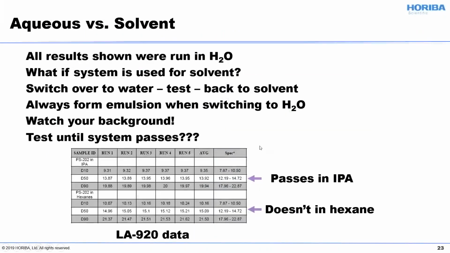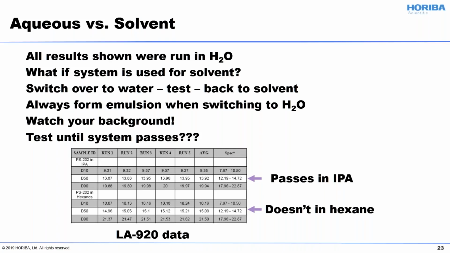Okay, no one's asking about aqueous versus solvent yet. Everything I talked about so far has been running stuff in water. And then what if you're running solvent? The common procedure is to switch over to water, test, and then go back to solvent. But let's say you're using an organic solvent, say toluene, that's water immiscible, which means you're going to have some sort of emulsion if you just try and switch directly over. So you'll need to use an intermediate solvent to get rid of your nonpolar solvent to switch to water,